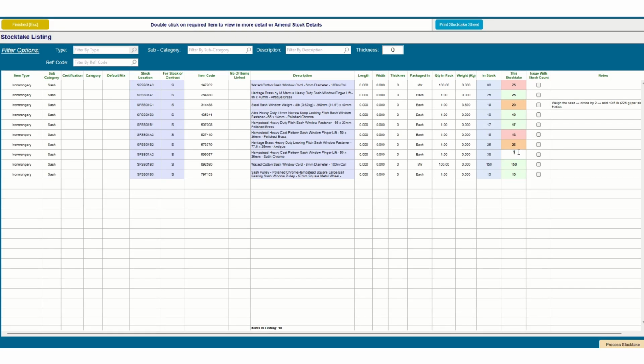So, continuing with our stocktake, we enter the values that have been counted. You will notice that any items that fall below the existing stock are now highlighted pink, any above are orange, and those that are the same remain in green. If any item counts ring an alarm bell with you,